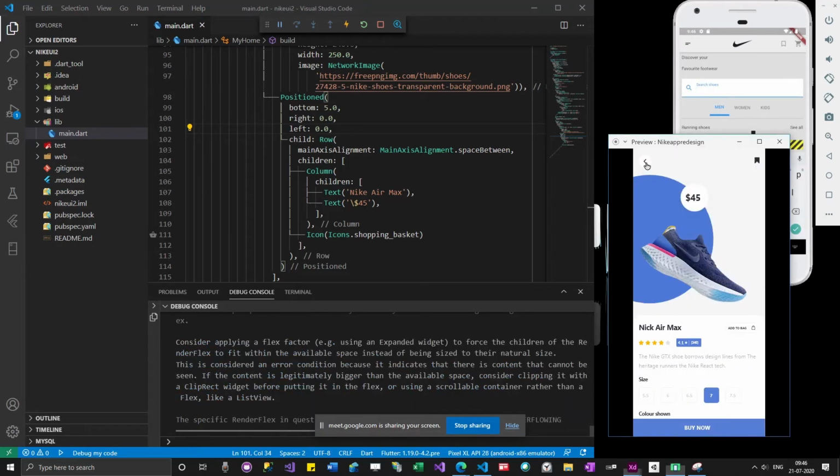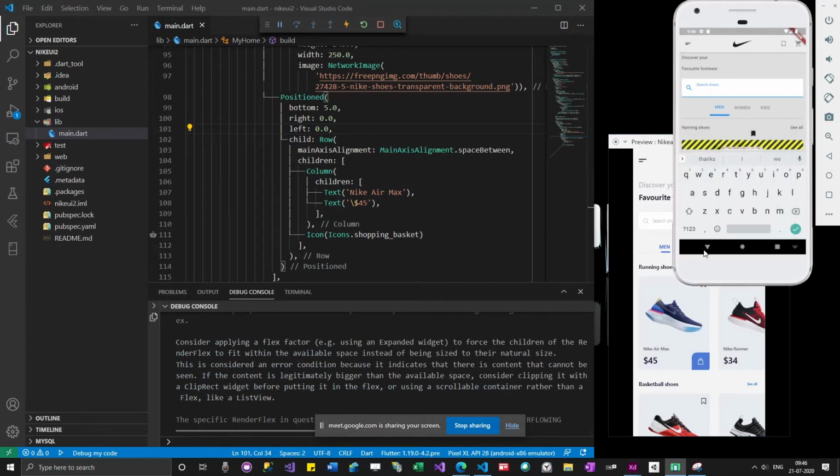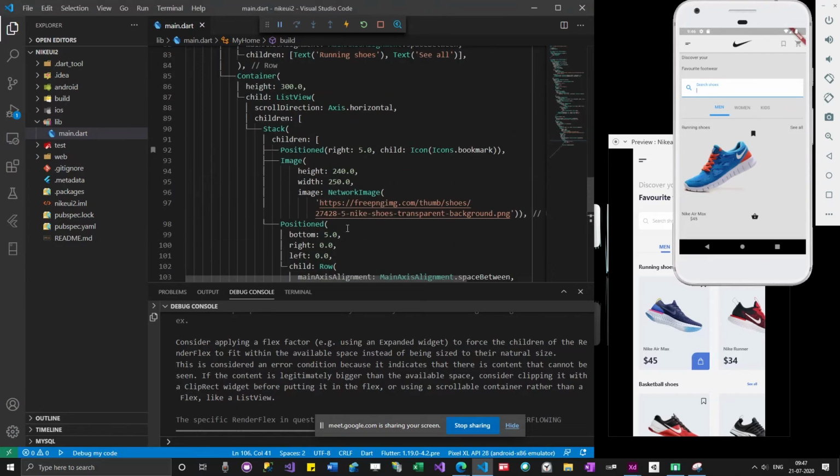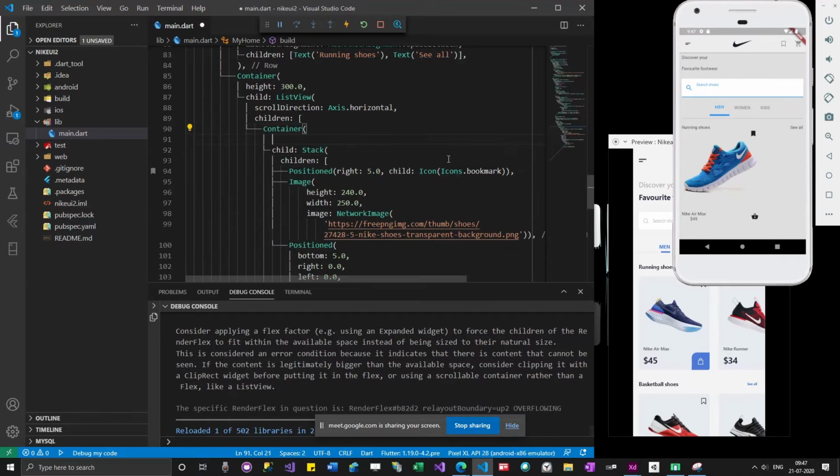Okay, one second. And then I want these shoe icons to be repeated. For that, let me add a border also for this container. Let me add a color.